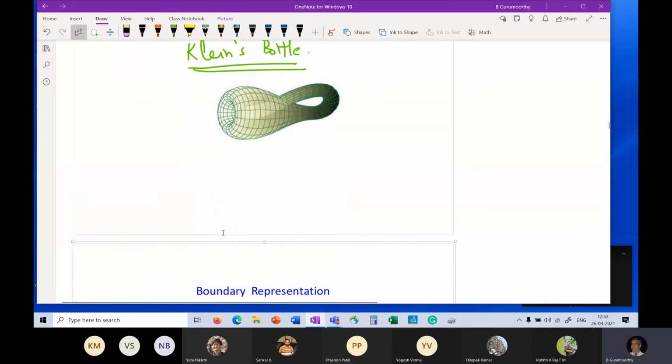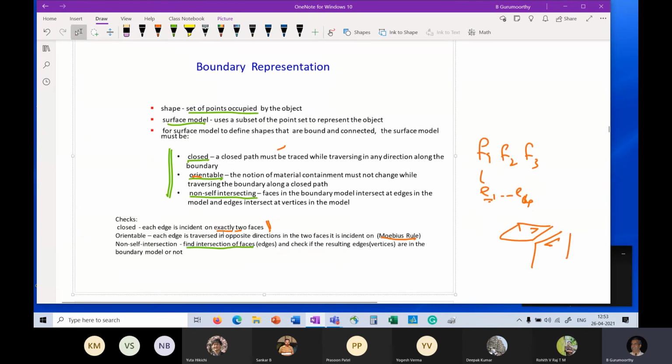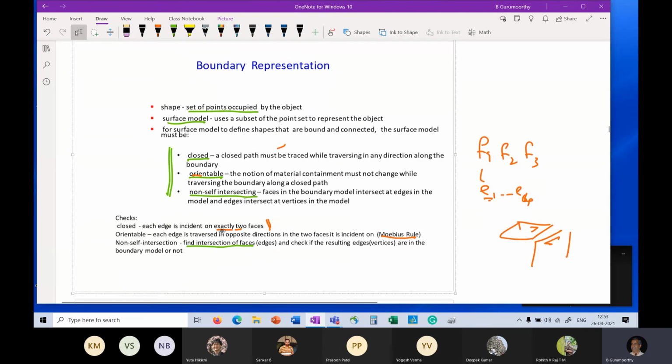But the main takeaway is that this last check is very cumbersome. You have already seen that intersection of faces is not easy. Here the faces are all linear and therefore it is not too much of a problem.